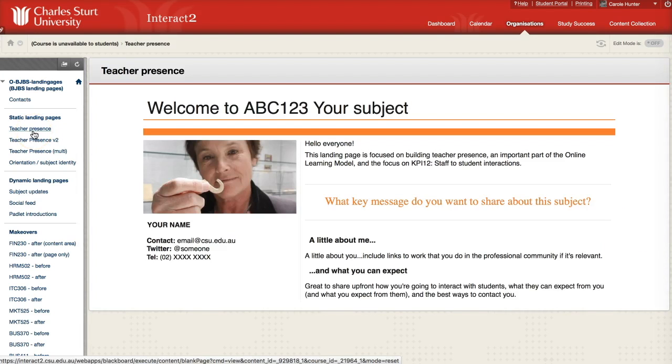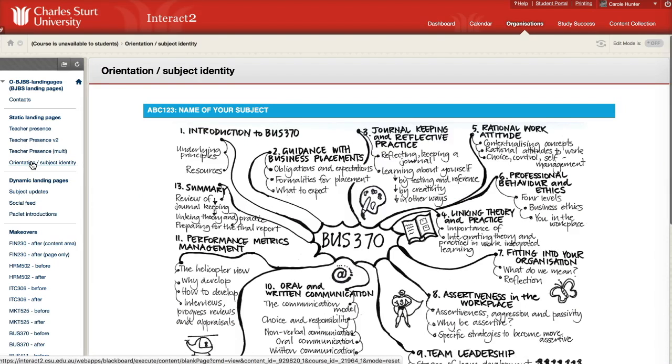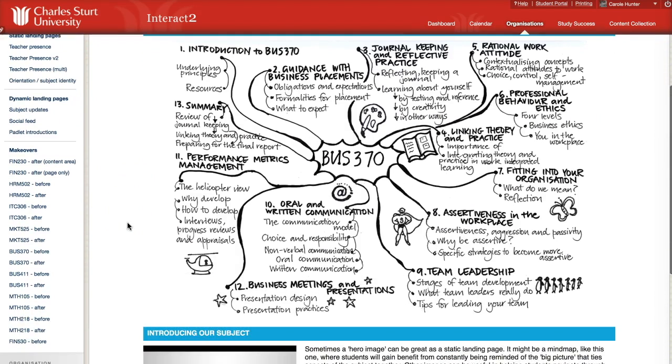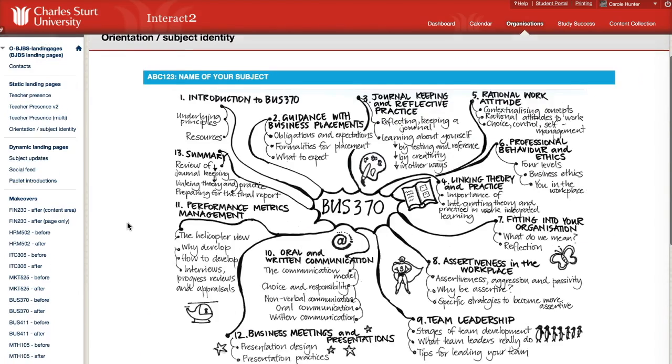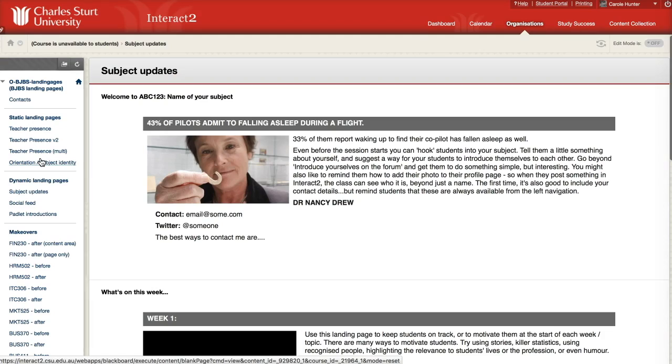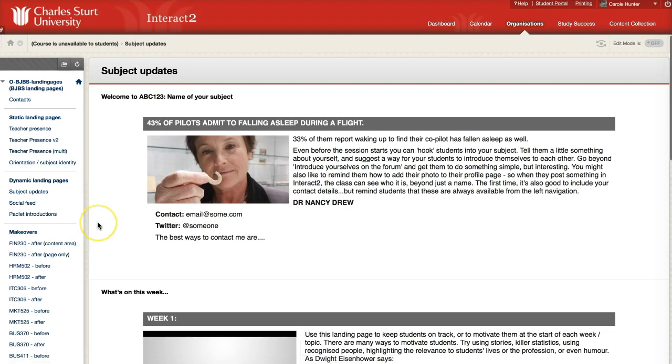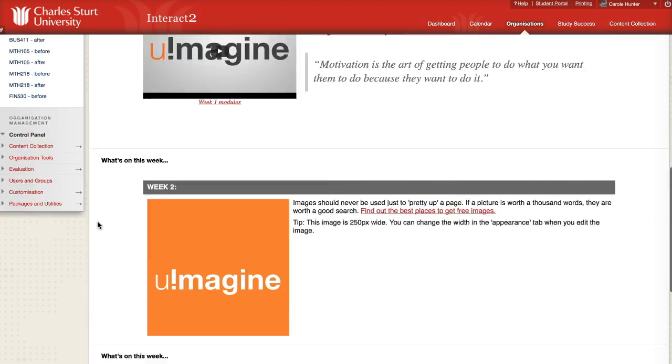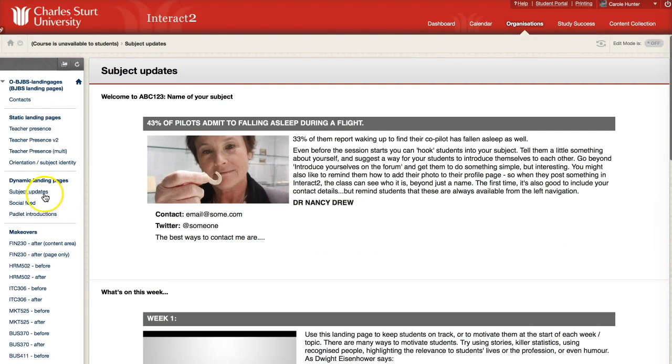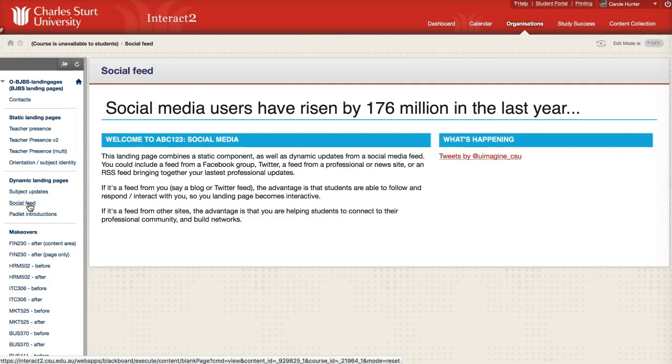When you're in the site, just have a quick look at some of the landing pages that you can use. They're organised according to static landing pages as well as dynamic landing pages, and they're focused on purpose. So landing pages that are designed to focus on your teacher presence, landing pages that are designed to focus on the orientation to the subject or the subject identity, landing pages that are designed to focus on subject updates, so dynamic pages that change every single week or on a regular basis, landing pages that draw in a social feed,